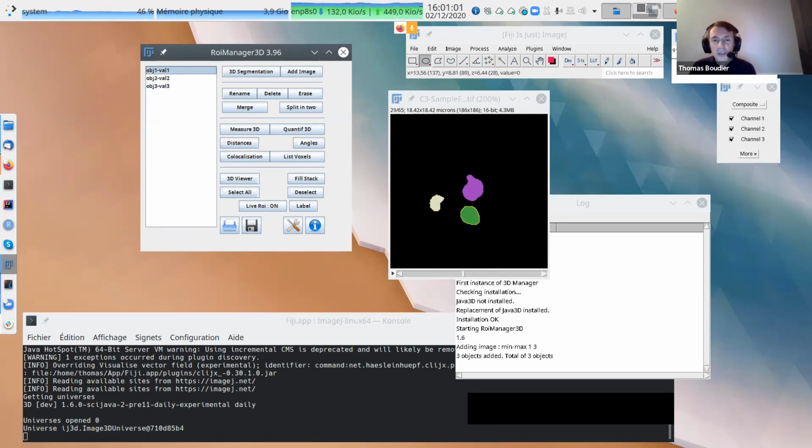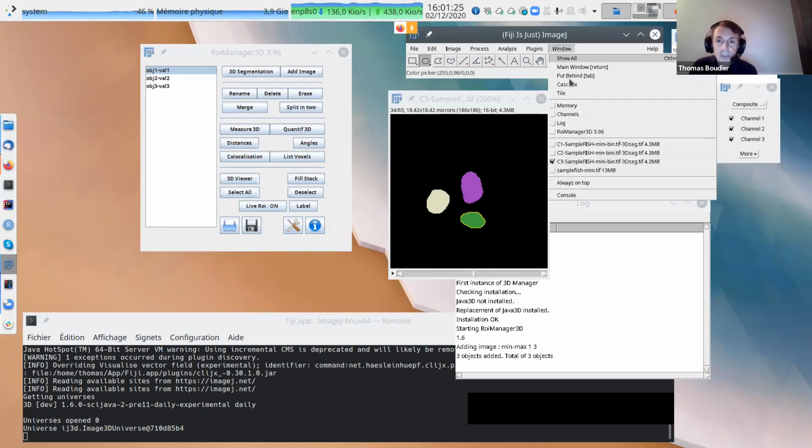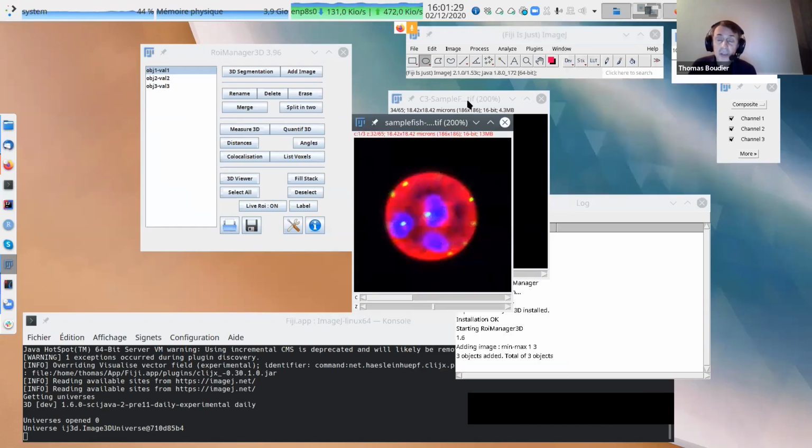Of course on this image, it's just for validation. If you change the Z, you will see the contour of the 3D object on all the slices. Of course this is the original label image, so it's not fun, it's just to check everything is working well. You can use this with other images, like the raw data, for instance. Maybe it's more interesting.